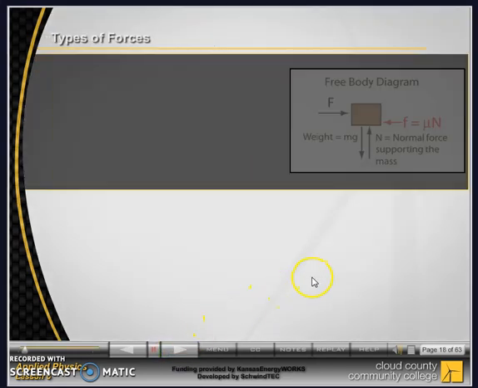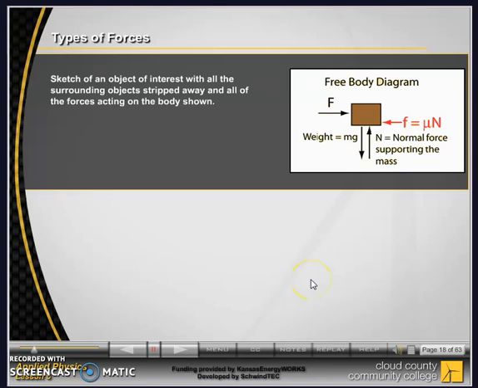A free body diagram is a sketch of an object of interest with all the surrounding objects stripped away and all of the forces acting on the body shown. The drawing of a free body diagram is an important step in the solving of mechanics problems, since it helps to visualize all the forces acting on a single object. The net external force acting on the object must be obtained in order to apply Newton's second law to the